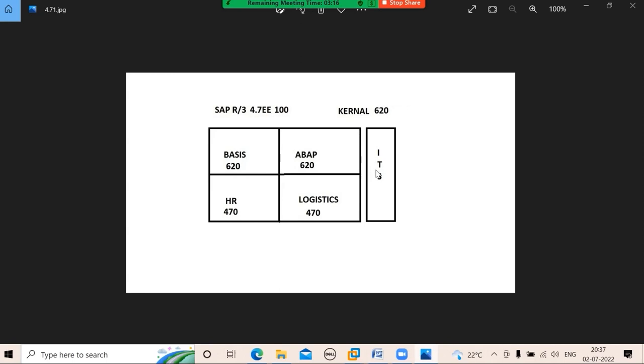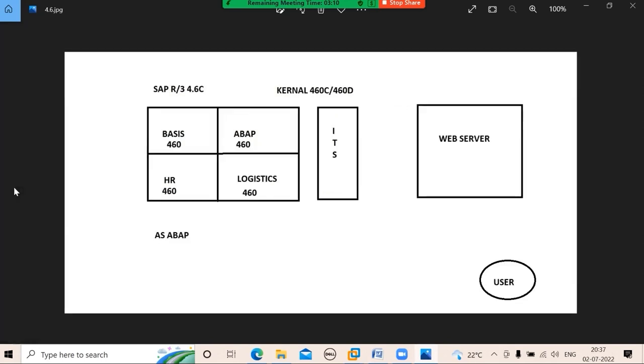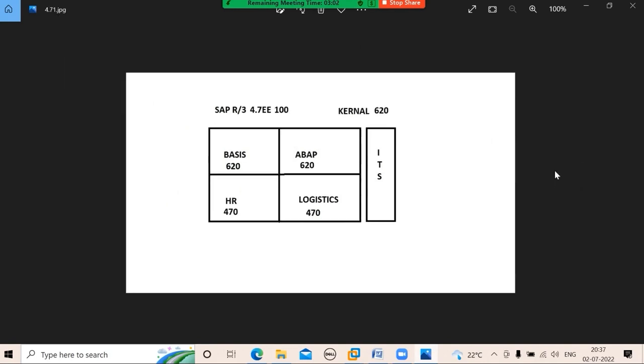By having ITS, it will support internet. You can connect it directly to the server. Previously, there was no internet service in this. You used to install the ITS server separately, but now that internet is integrated into your SAP software. If you install 4.7, you will get ABAP package, basis, HR, logistics, and ITS server with that. So you can directly connect to your